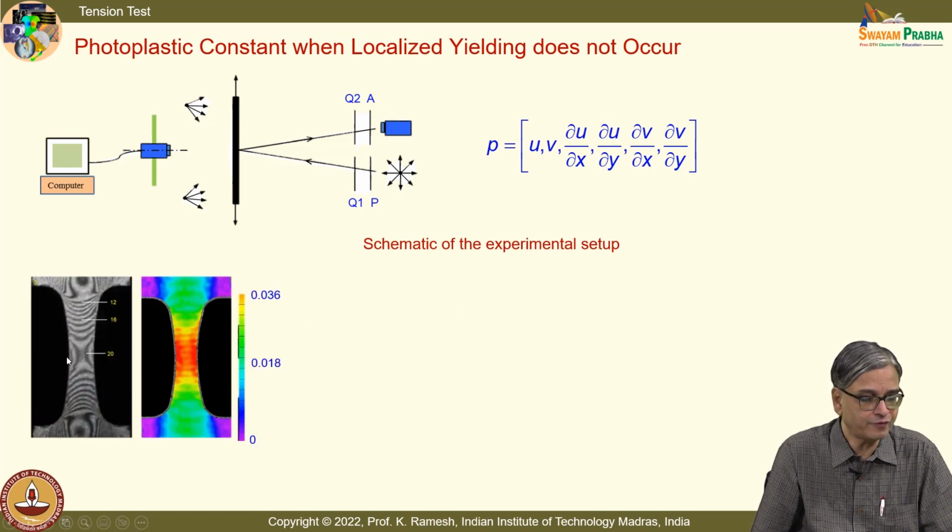So, you have beautiful reflection photoelasticity fringes, and the corresponding strains are measured by image correlation,